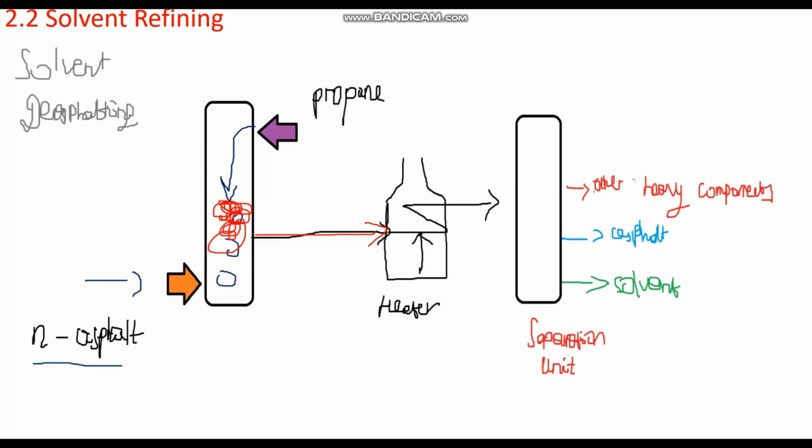So by choosing the correct solvent in the heater, we will heat and we will extract it. At the bottom will be asphaltenes, and at the top, as a light product, will be valuable products. I'm sorry for that. So by choosing a suitable solvent, in the heater, by heating at elevated pressure, we will separate the asphaltene from the